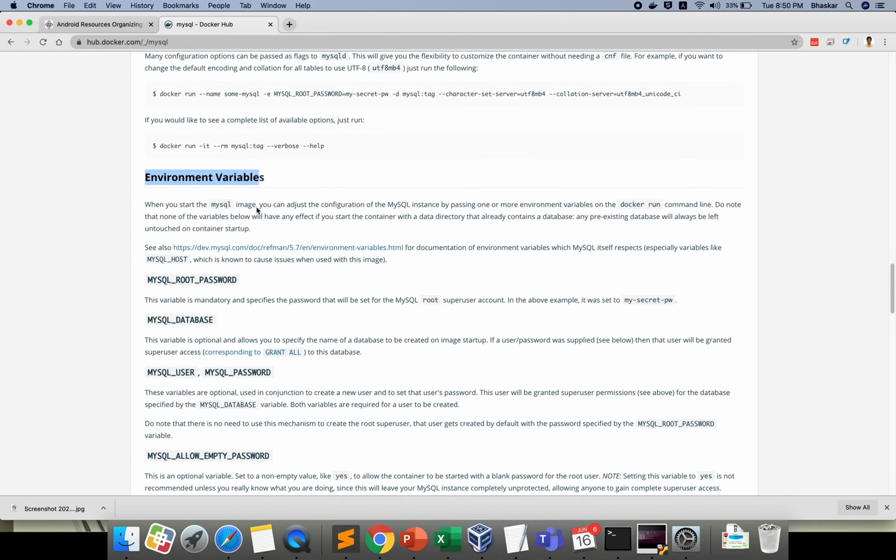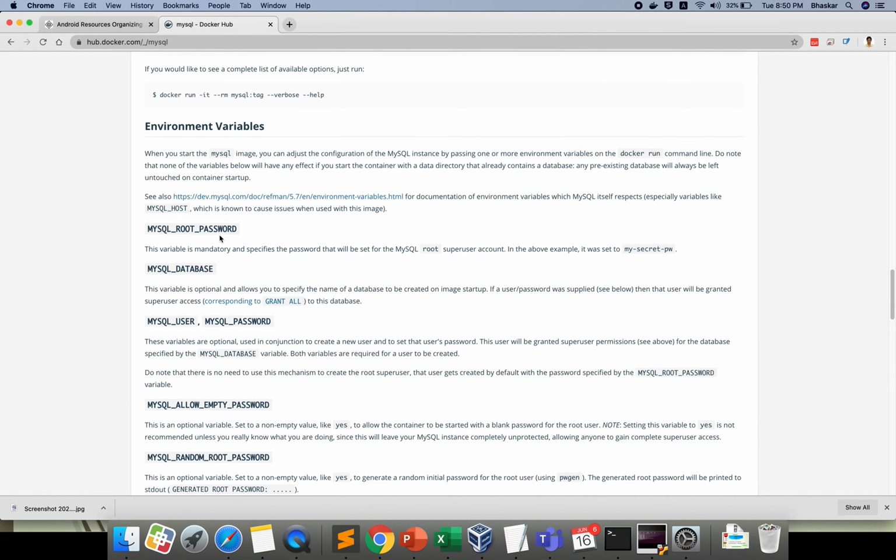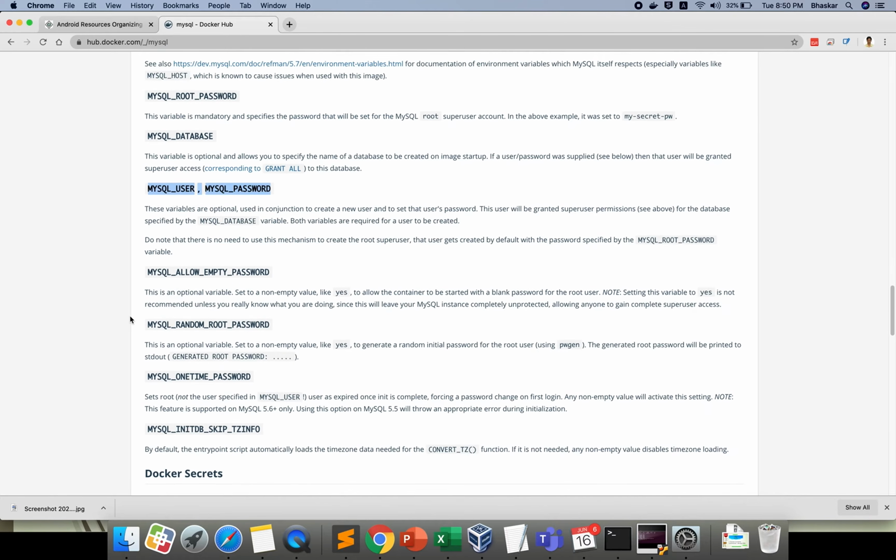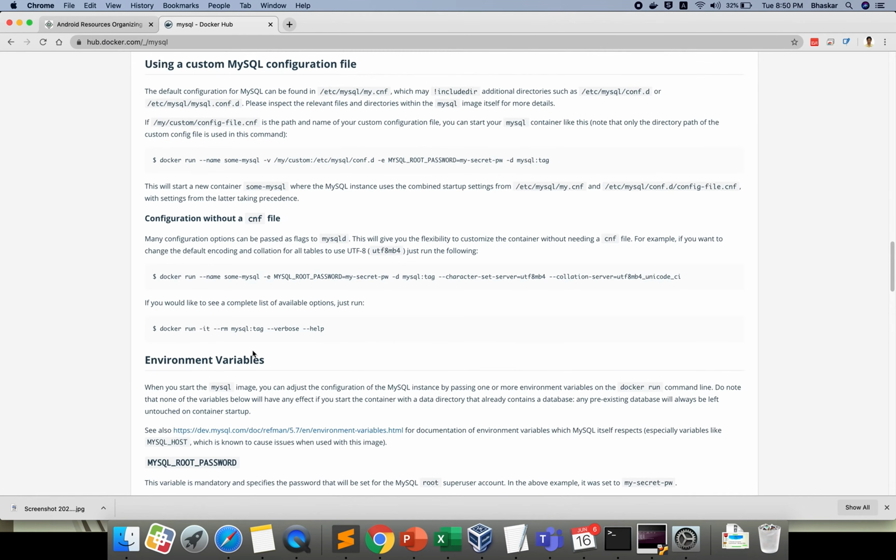When you start the MySQL image, you can adjust the configuration of the MySQL instance by passing one or more environment variables. None of the variables below will have any effect if you start the container with an already initialized data directory. That means this is the root password, this is the database, username, password, and so on. So these are all the environment variables.